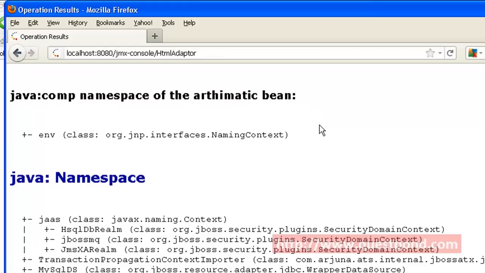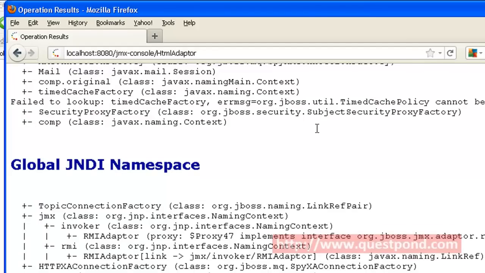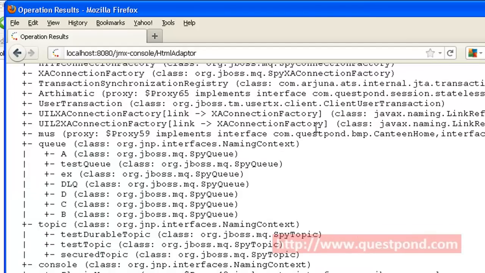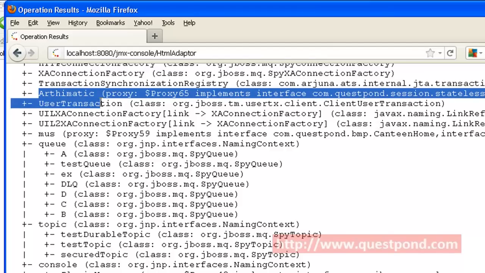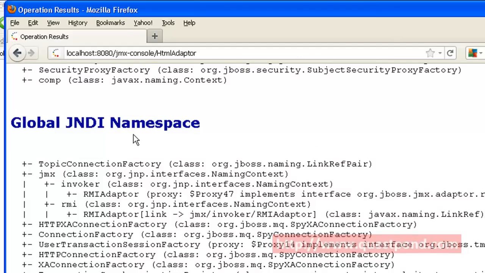So the EJB module is properly deployed, and we will also be able to see our bean. If you see, the arithmetic bean has been deployed properly in the global JNDI namespace. So after going to this view, we will be able to confirm whether our applications have been properly deployed.